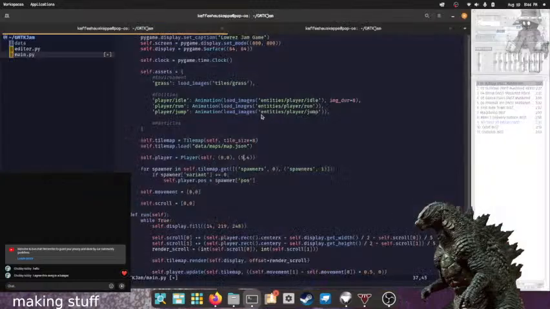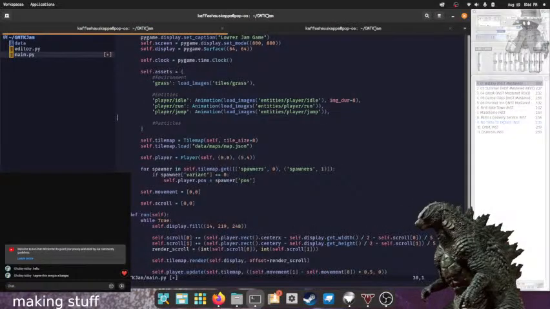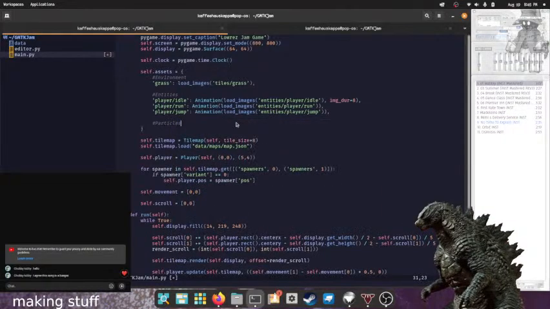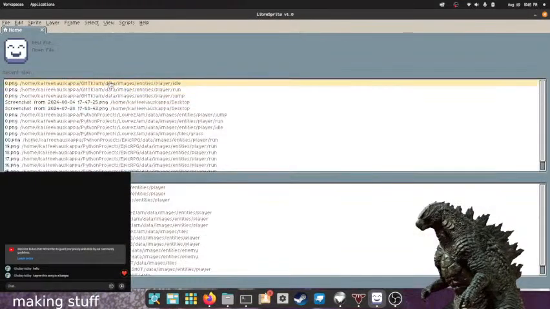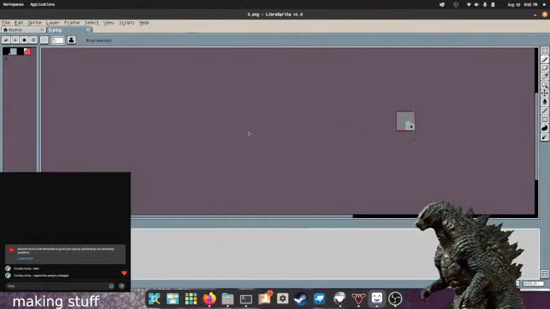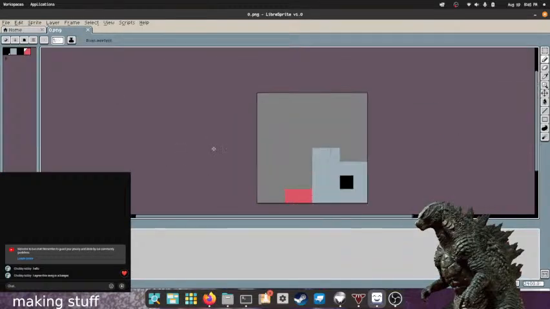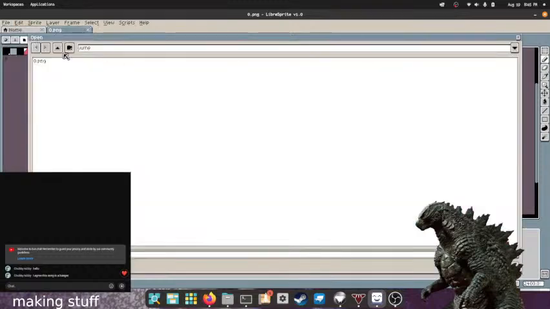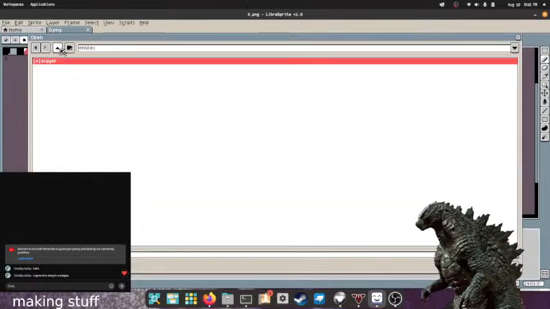Alright, there. So hopefully this should do everything I need to. Oh wait, no, because realization. I also need to stop closing Libresprite. So good.